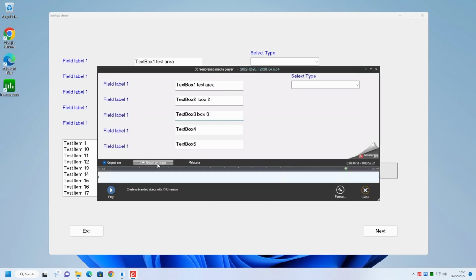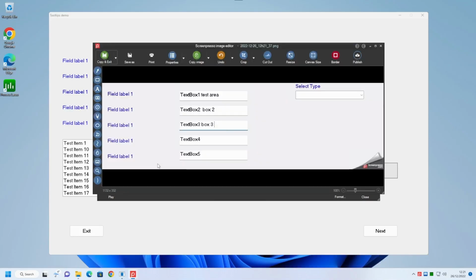Additionally, we can export an image to file. So if we want to do screen capture from our video, there is our single frame. And we can then add appropriate fields as we feel necessary. And again, you can copy that and exit.